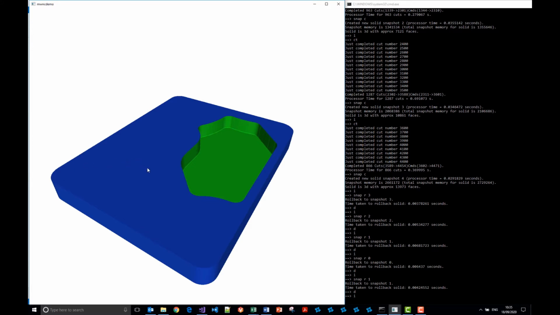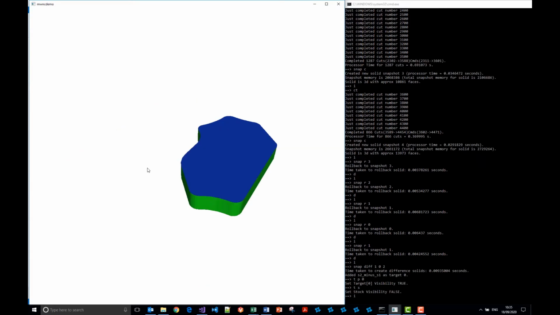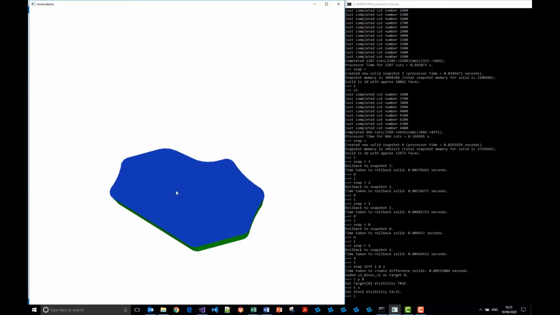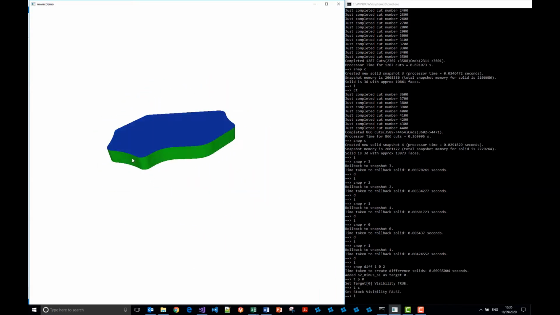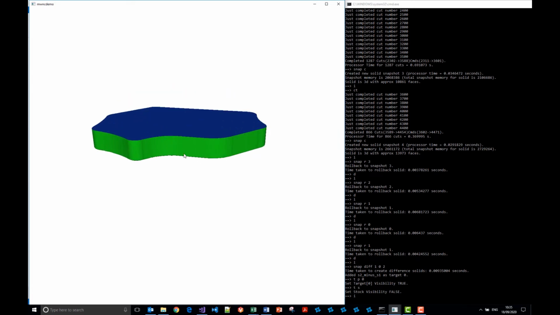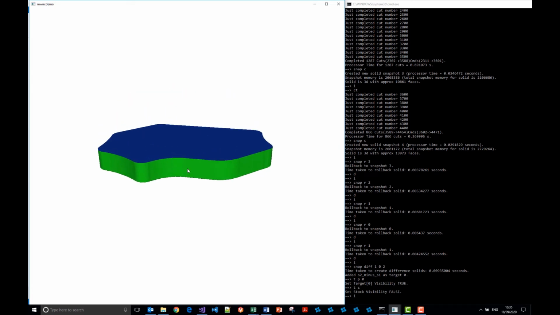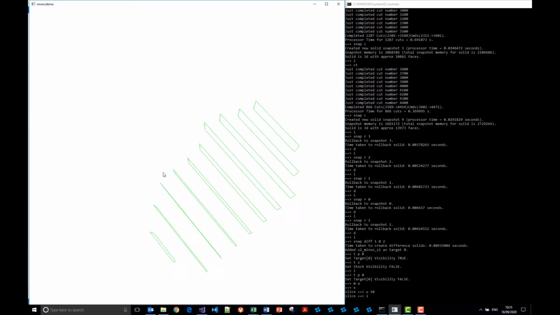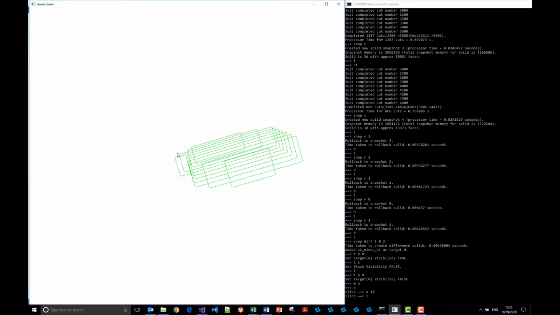And we can now subtract that snapshot from the original stock model to get a solid model of the volume of material that was removed by that pocket machining operation. So there we have it. There's a closed BREP solid of the material removed. And just to reinforce that, you can see here I've taken some slices through that model